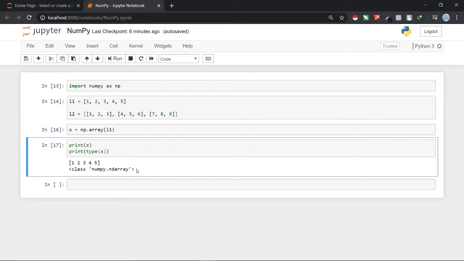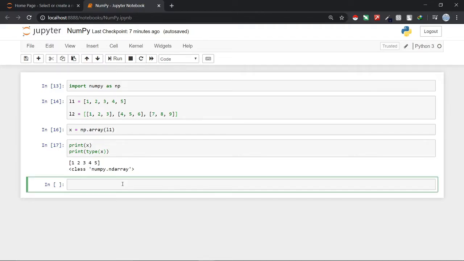Another great feature of NumPy is that it comes with a lot of different attributes which provide us with much information in an intuitive way. So let's see an example here. I will use the dtype attribute here. To use the dtype, I will just write x.dtype. It's an attribute in NumPy. It is not a function. It means it does not need these types of brackets. So just remove them and then run the cell.